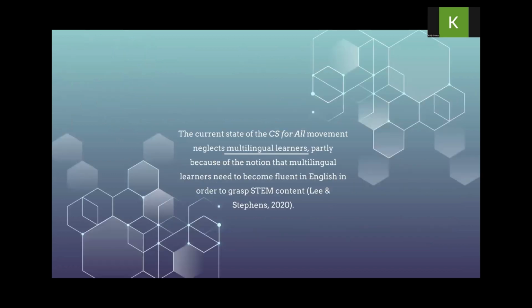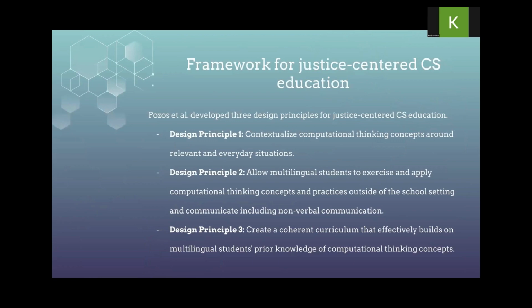Another demographic that is underrepresented and understudied are multilingual learners. So the current state of the CS for All movement neglects multilingual learners, particularly because of the notion that multilingual learners need to become fluent in English in order to grasp the STEM-related content. And another research article aims at creating a justice-centered CS education framework in order to help multilingual learners access CS